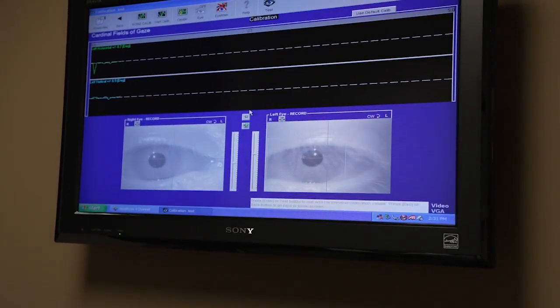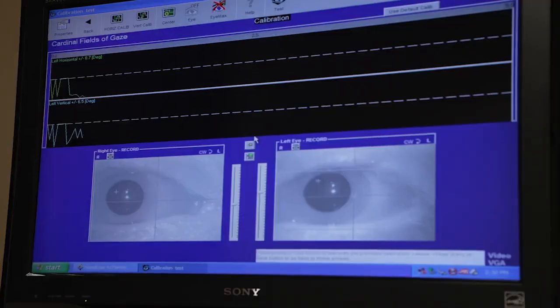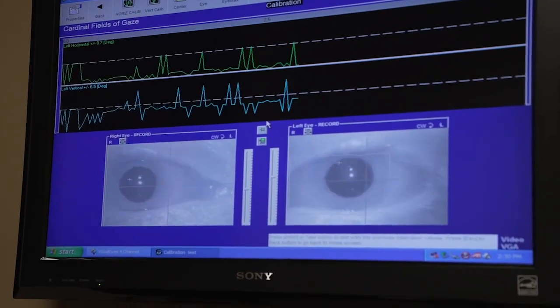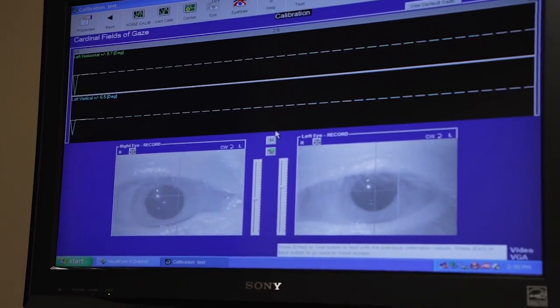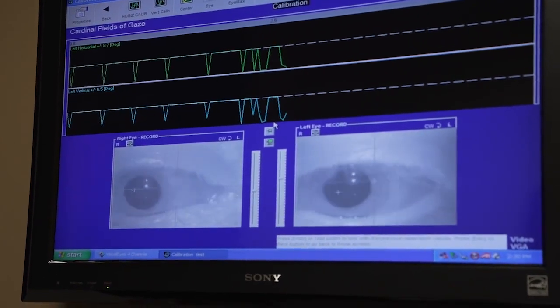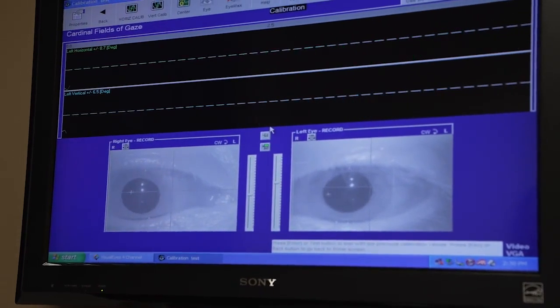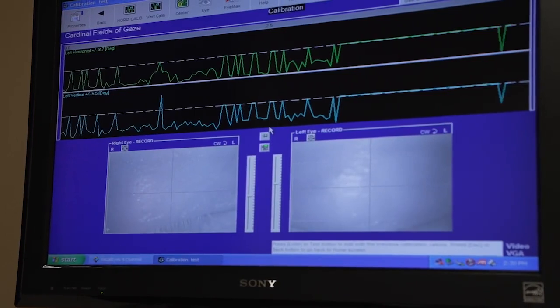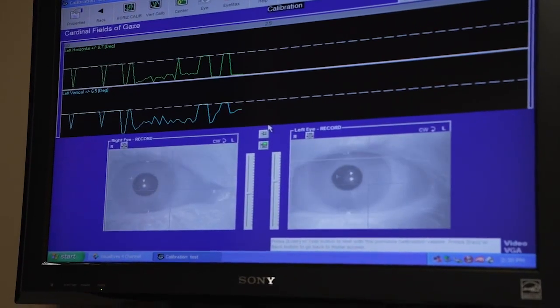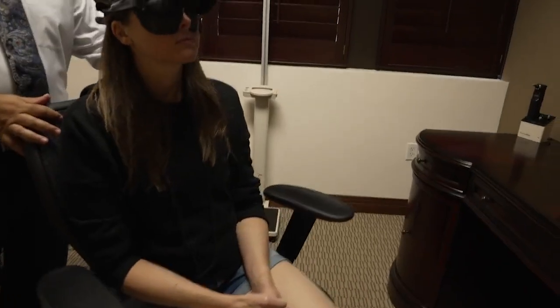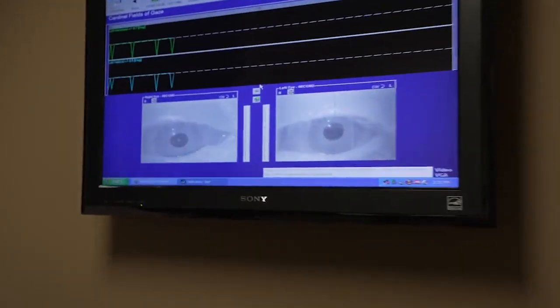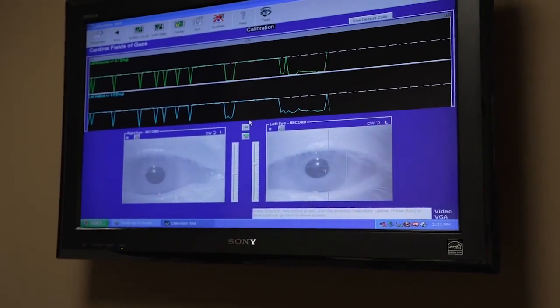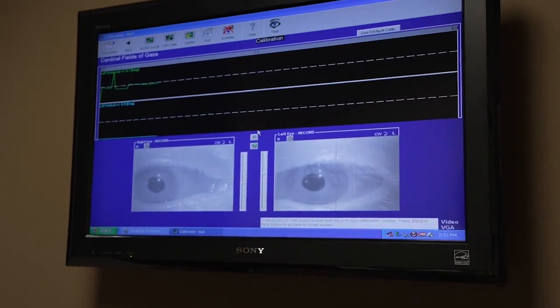So rotations of the head activate vestibulo-ocular reflexes. So when we have a rotated head to the left and to the right, we can see a normal vestibulo-ocular reflex. And this is basically nystagmus type movements. So when a person moves their head to the right, you'll see the eyes go into a slow phase in the opposite direction, then a fast phase in the direction that they're spinning or their head is moving. And you can see with hers, reflexes, they're intact and they're symmetrical between right and left. They don't deviate up, they don't deviate down, they don't pause, they don't stop. So she has a normal